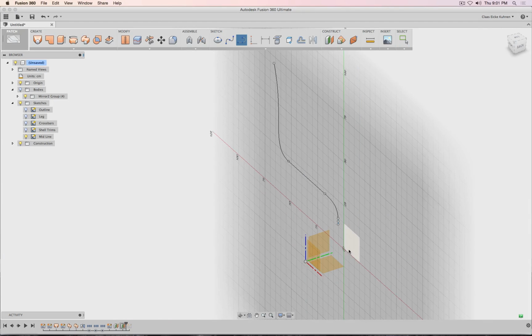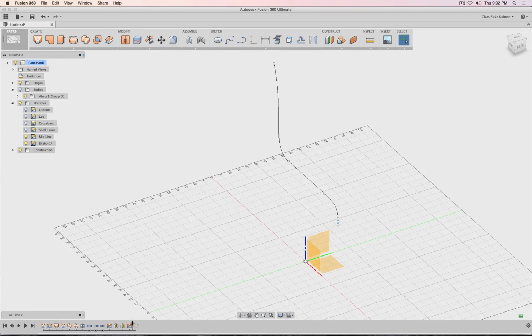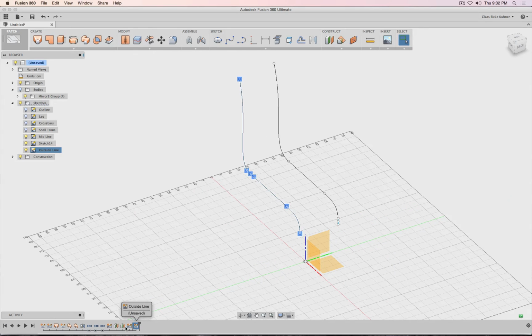New sketch on this one here. Okay, I have to make this sketch to be in time first. Okay, so I guess what I did was a little bit confusing, so let me undo this one. So here's my one and my other offset plane. Then I create the sketch, drew it,